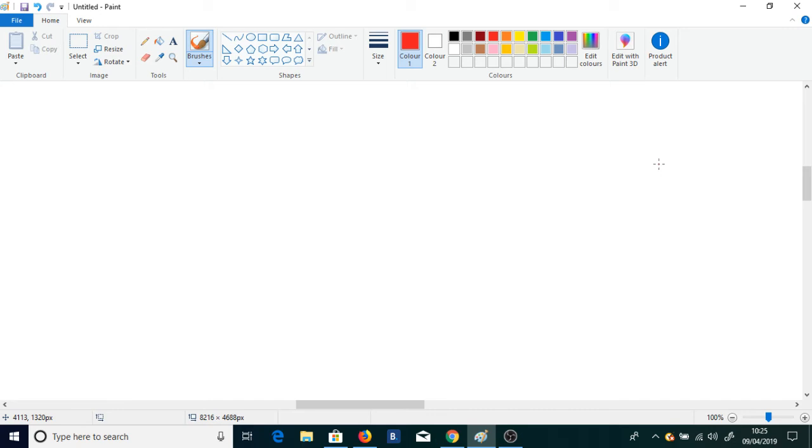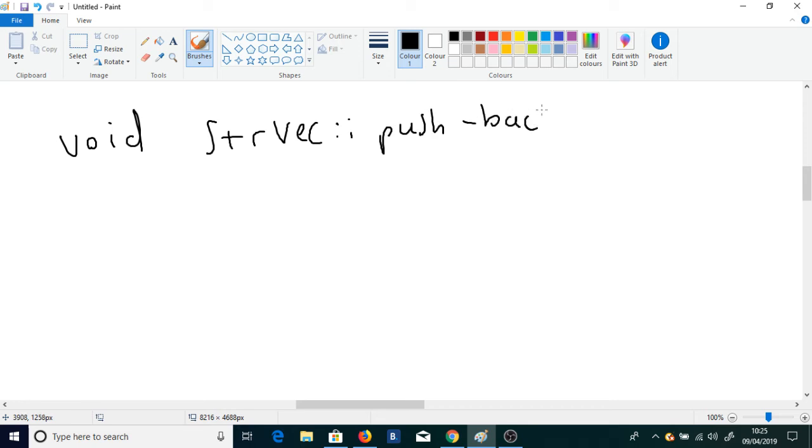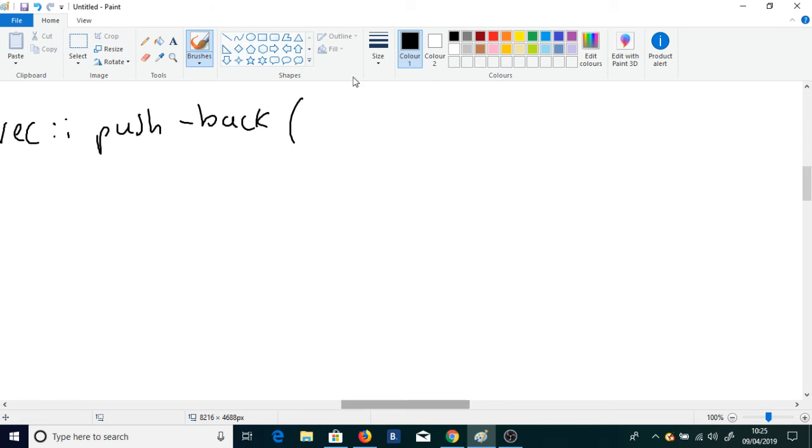And the first is the operation of pushback. And pushback provides the operation of adding an object to the vector. So let's go through this quickly because it's a relatively simple example today. I don't think we need to spend too much time explaining this. So we're defining a member function within the context of StrVec called pushback, the interface of which is a constant reference to an object of type string